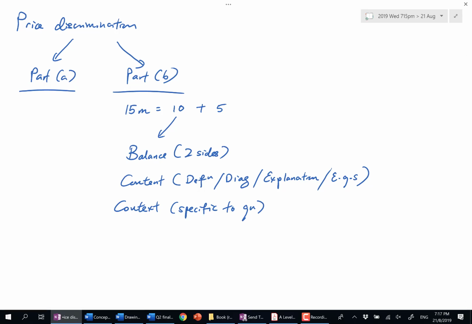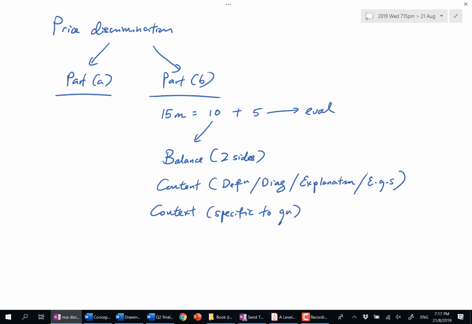And E, evaluation. We will still talk about the framework, right? We've been talking a lot about this, we'll do that later. Whereas part A, if I do a BCC plus evaluation, there's no balance, there's no evaluation. So if a question really wants to test us on price discrimination, and I should say third degree PD, if it comes out in part A,